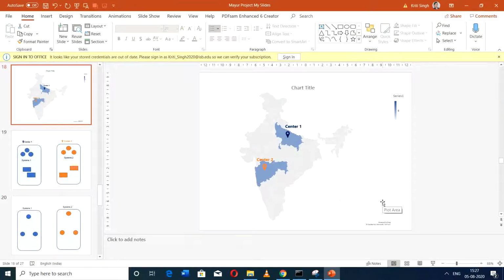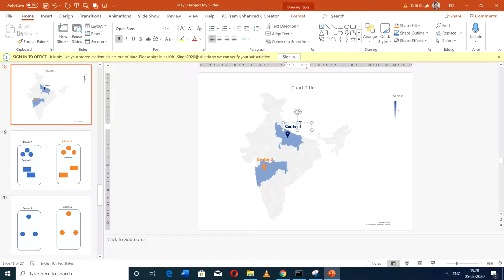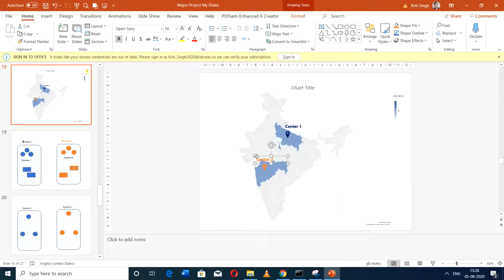Okay, so let's talk about how to create a morph transition. As you can see, this is a map of India, and I insert certain icons of location. These are simple text boxes in which I have typed the text that I want. Now, in order to create a morph transition, it is very essential that the elements which need to be moved in order to create a motion-like effect have to be exactly copy-pasted to the next